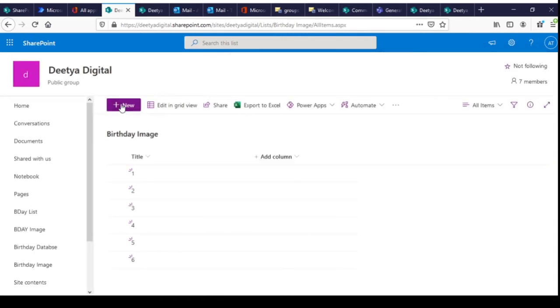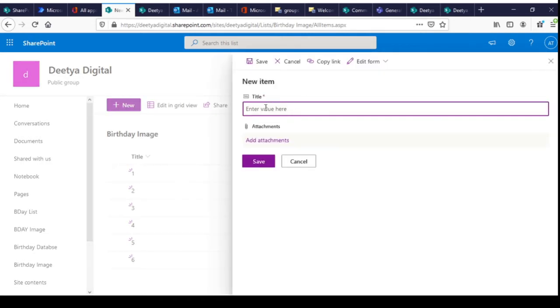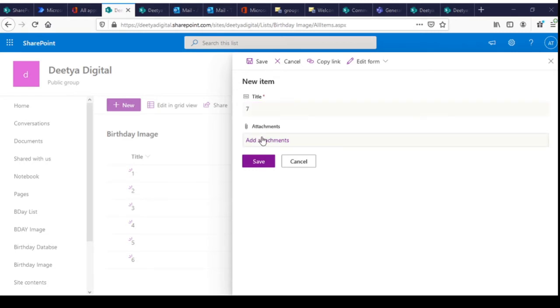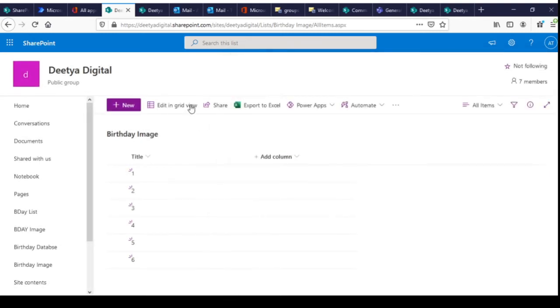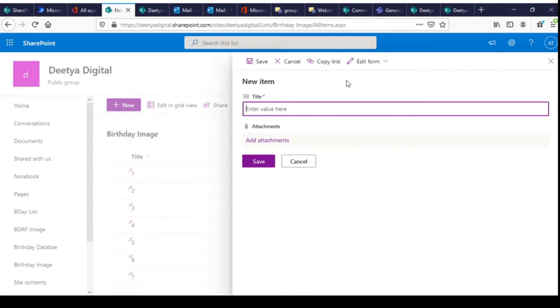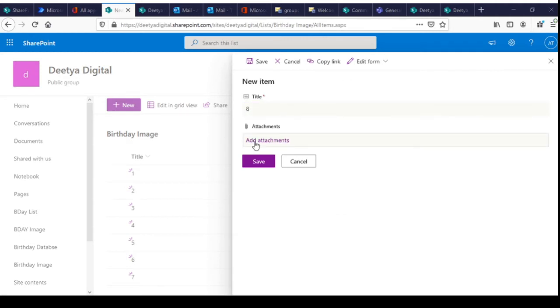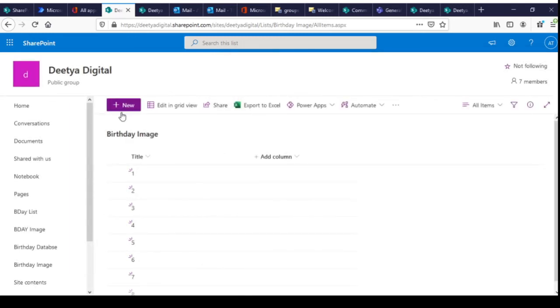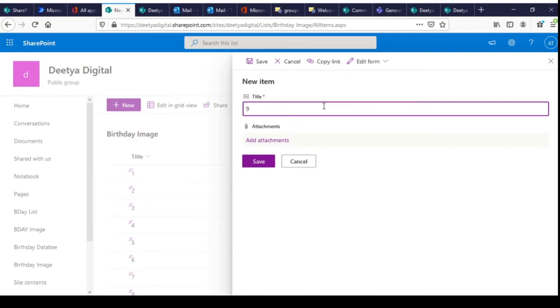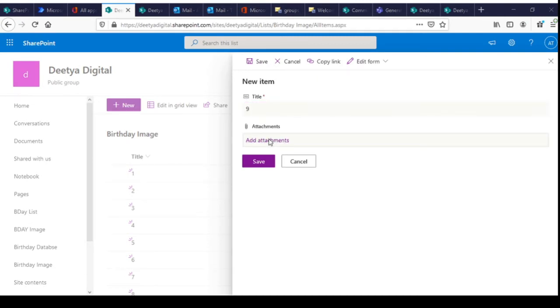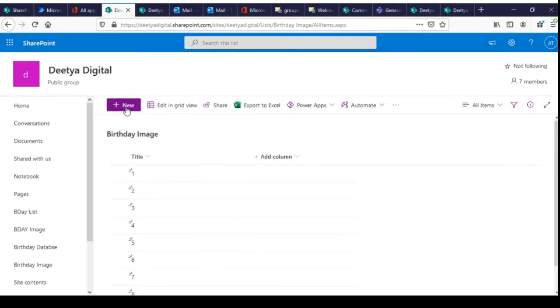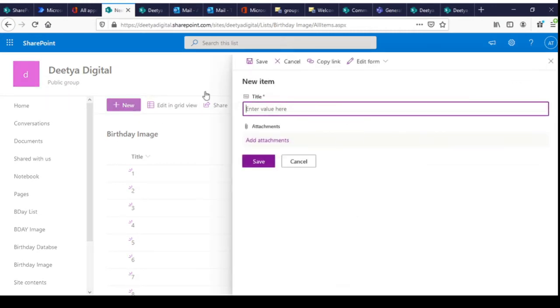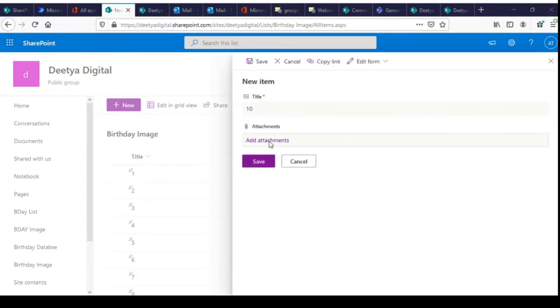This is a one time task. You can add any number of images in future, and this will be a one time activity only. You no need to repeat. Choose any, or modify anything. Nine, ten. So I'm using 10 images.